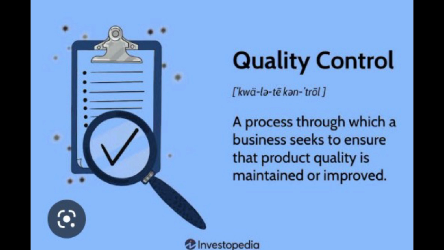Repeatability condition, the condition where independent test results are obtained with the same method on identical test items in the same laboratory by the same operator using the same equipment within a short interval of time. Uncertainty of measurement, the parameter associated with the results of measurement that characterizes the dispersion of values that could reasonably be attributed to the measurand.